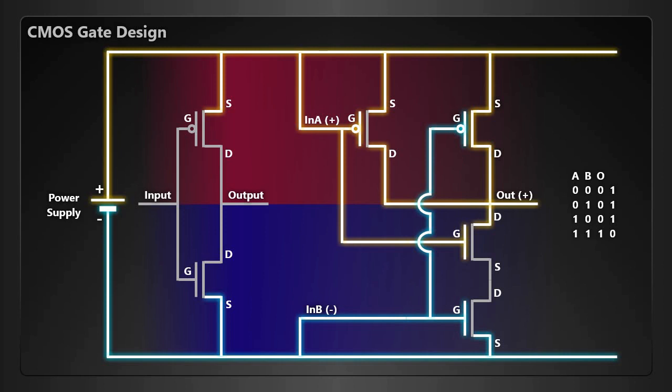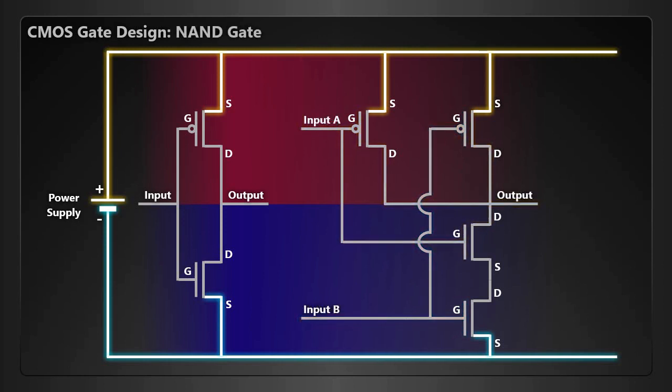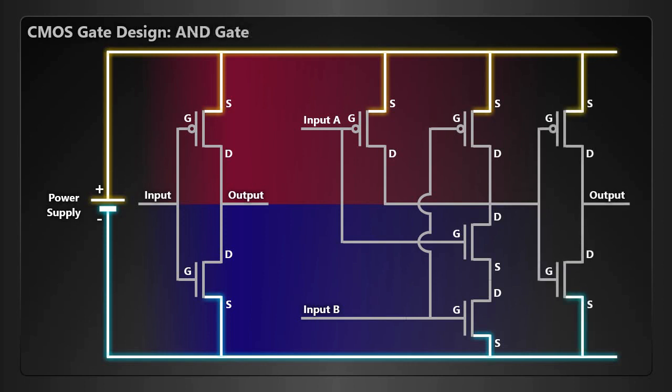So, what do we see? We expected outputs for an AND gate and we got exactly the opposite ones. We got a NAND gate instead of an AND one. This happens because we are designing our logic within a NOT gate. To create a true AND gate, we need to put an inverter at its output.